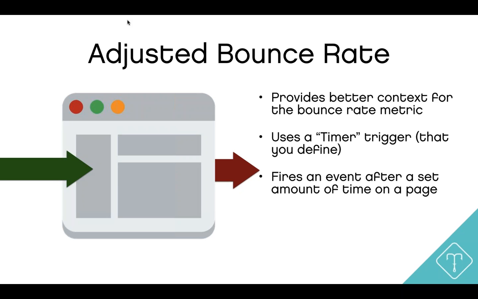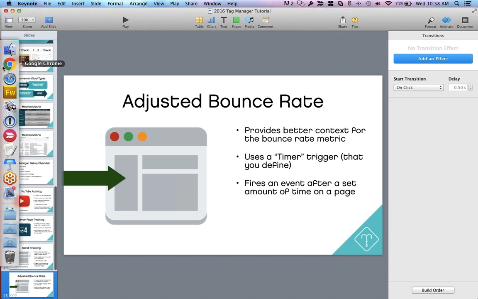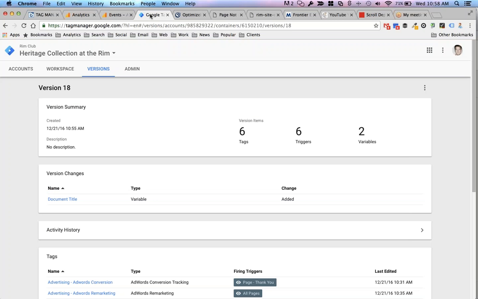So what this allows you to do is include other measures of engagement, specifically time, into the equation, and it adjusts your bounce rate to get a more realistic and healthy understanding of what your bounce rate was. Okay, so it uses a timer trigger. And what that looks like, real quick, I'll show you, is in